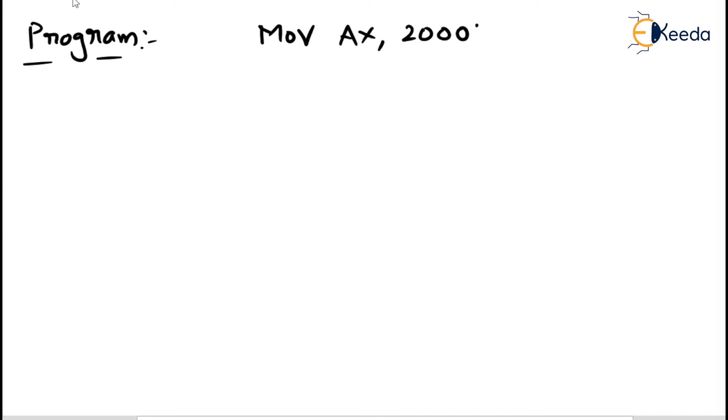Right? So simple. We will start with a simple program, and we will write that program here clearly. First we have to assign the data segment address. How can we assign the data segment address? Move AX comma 2000H. Next, that data we have to transfer: move DS comma AX.